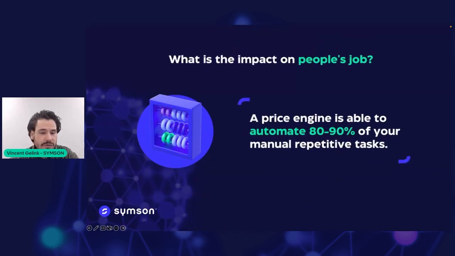Yeah, and as said, if we look at the percentages of what a pricing engine can do for you, then we see in terms of automation that 80 to 90% of the manual, repetitive tasks can be automated. That is a great benefit, of course, because the time saved can be used to think about new strategies, but also set new goals with the organization and move the orientation of price setting towards daily ops, or controlling certain errors from happening, so that you really move towards the next step.